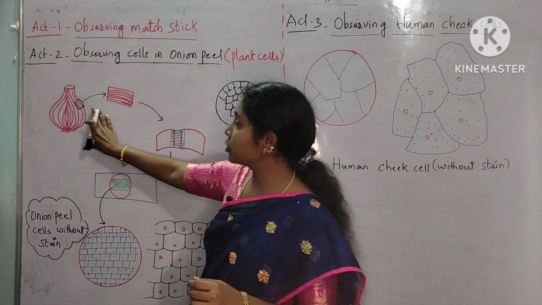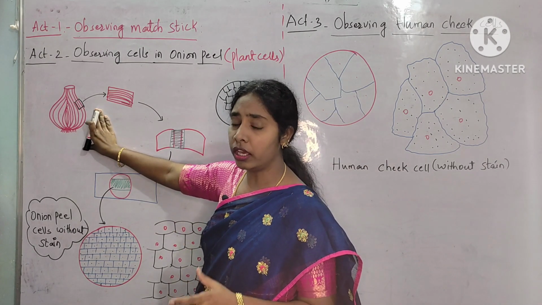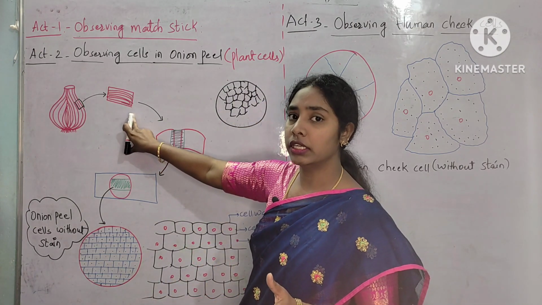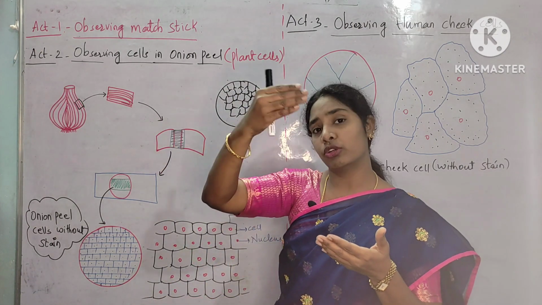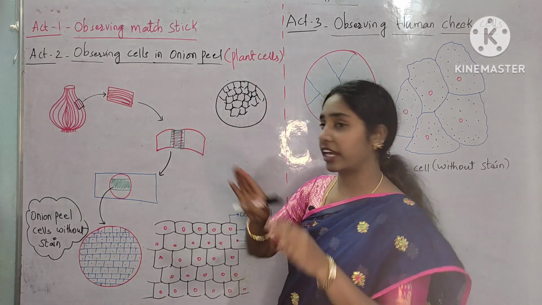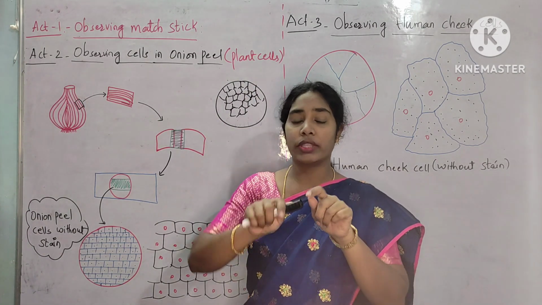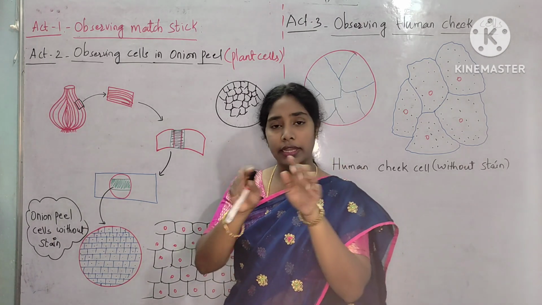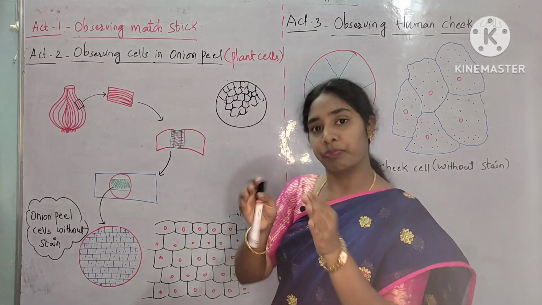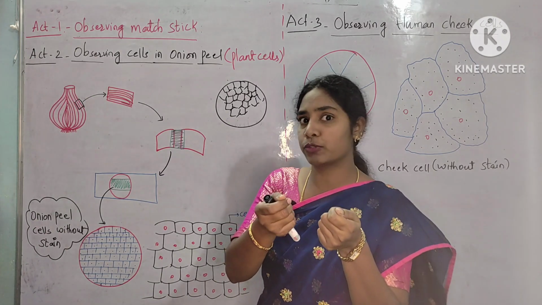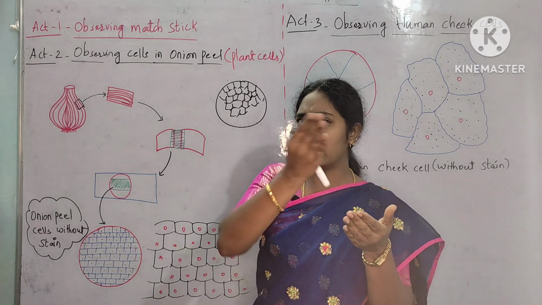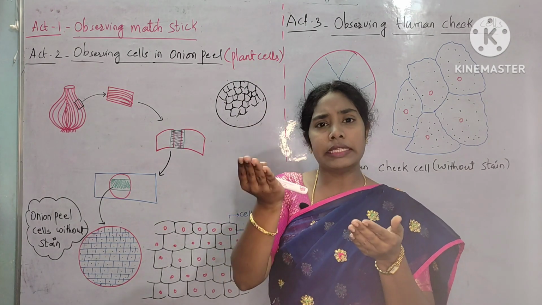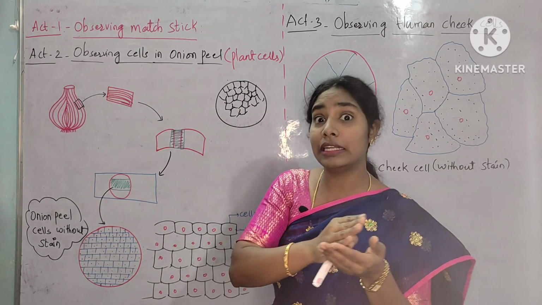First you take the bulb of onion and cut a small piece of it. There will be some layers, right? Take one layer from it and try to break that into two pieces with the hand itself. Don't use a knife here. Try to break it into small pieces. Then you will see a thin layer, a thin membrane, attached inside that layer.